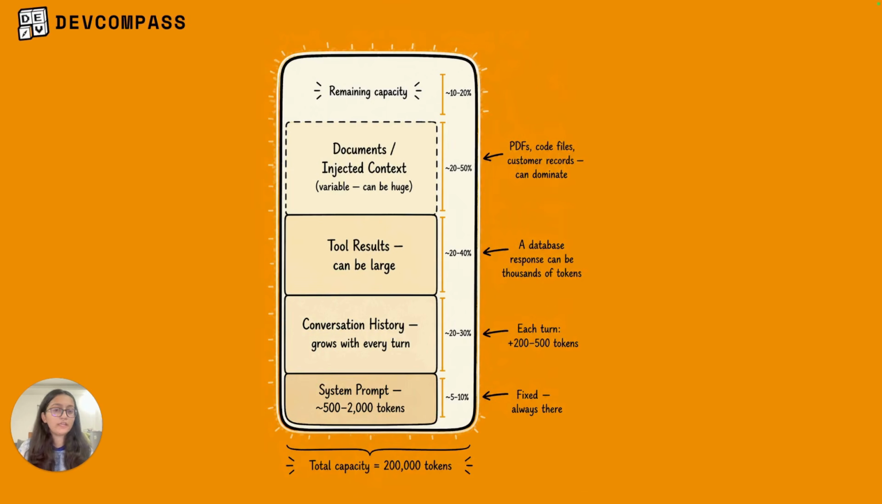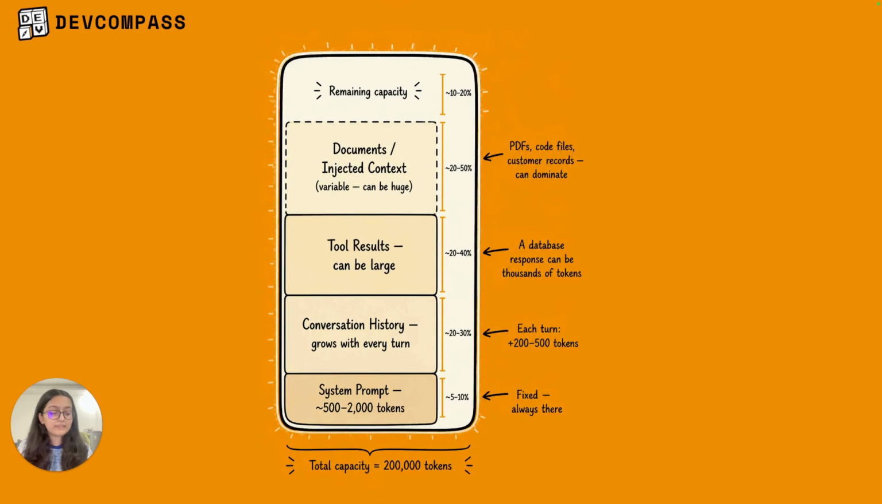Every tool call in the conversation adds its result to the history. Multiple large tool calls compound very quickly. At the top, documents and injected context. If you are passing a PDF, a policy document, a code file, a large customer record in the context, these can dominate everything else. A 20-page policy document might be 8,000 to 10,000 tokens on its own. Inject 2 or 3 of those and you have consumed a significant portion of your context before the conversation even